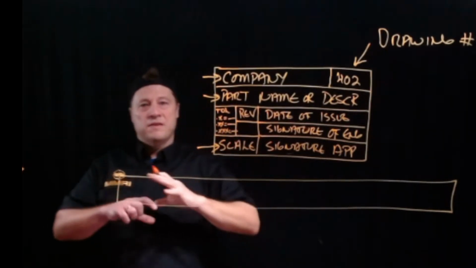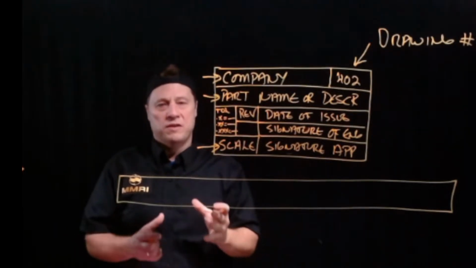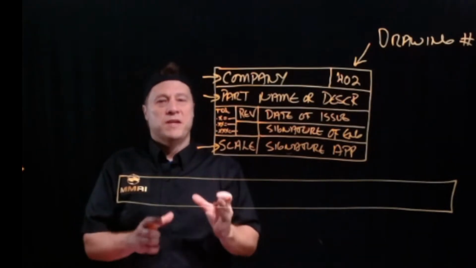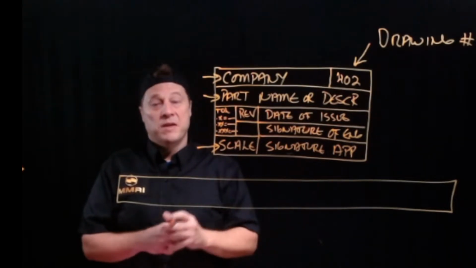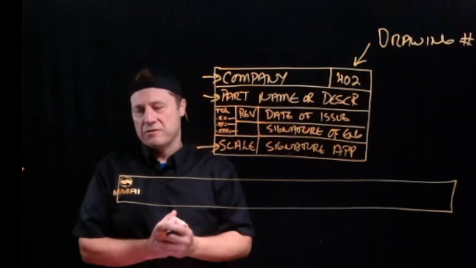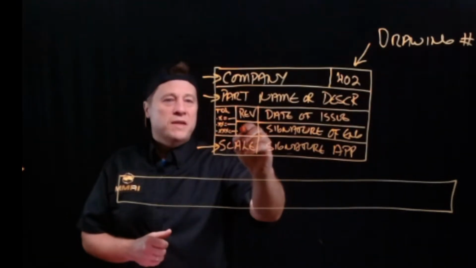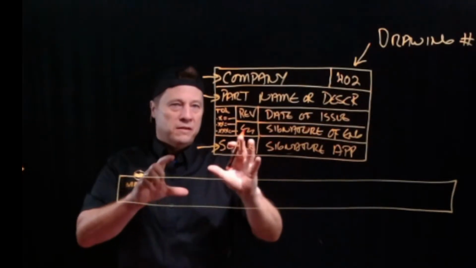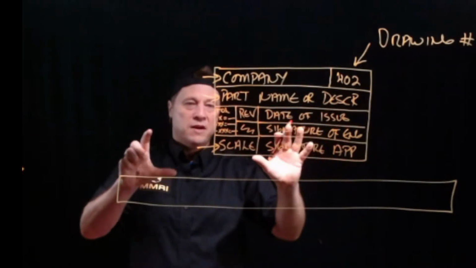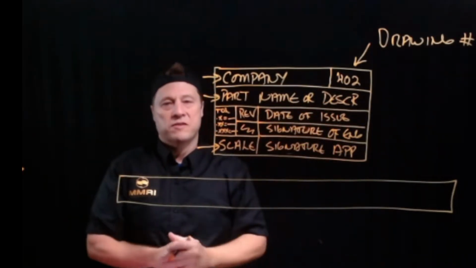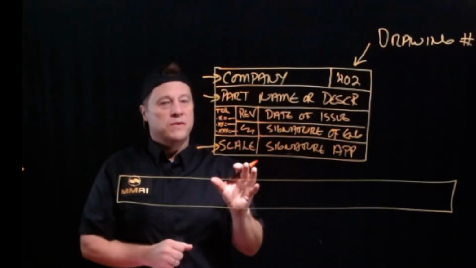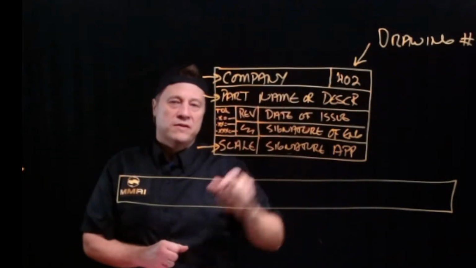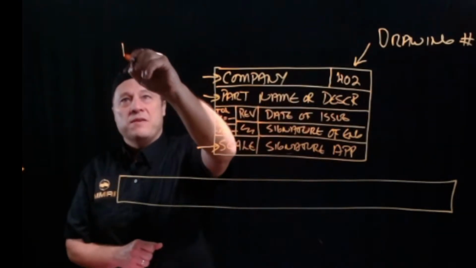So this information is given to the machinist or the operator of the machine so that he has as much information as possible so that he can manufacture this part without any real complications. So you may see other boxes with other information on this print, but typically the idea here is so that the operator has what he needs to manufacture this part. Now sometimes there's additional information that is needed that won't be found here in the title block, but will be found by means of notes